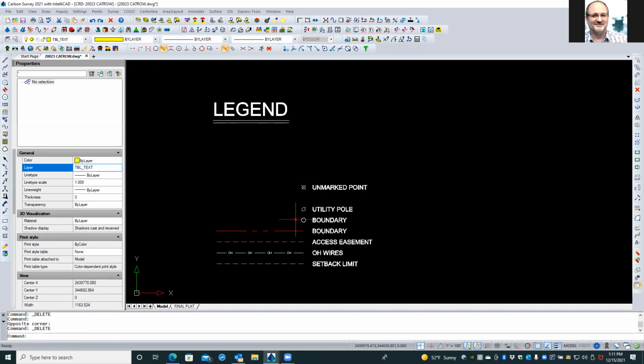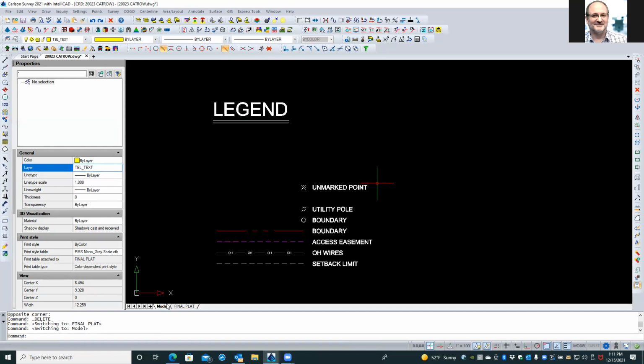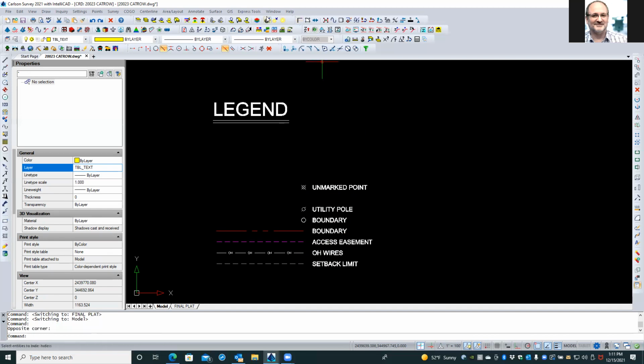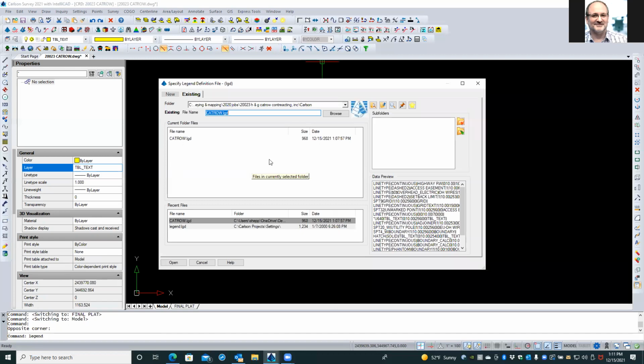Unmarked point, utility pole, boundary, and then boundary, but we've called them different things over here. We said existing boundary, and then we have four things for this boundary symbol. And these descriptions that you see here, Mike, are just initially the layers on which it found those items. If we did want to keep it through this mechanism,